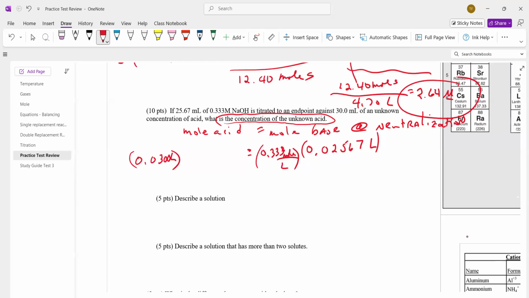And the concentration is, we don't know what it is, we're calculating it. So that means the concentration of the acid is equal to this guy on the right, all over